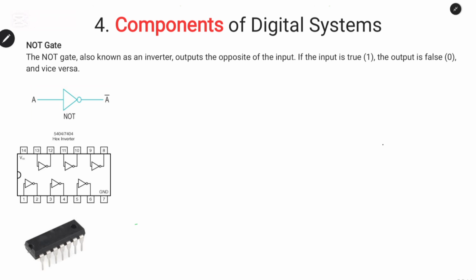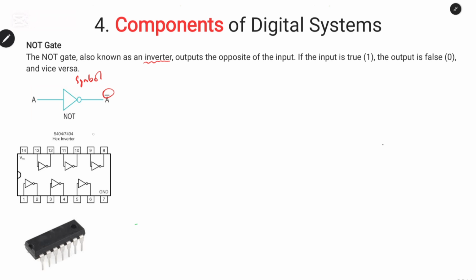Next, we should look at a NOT gate. So what is a NOT gate? A NOT gate is also called an inverter. That means it inverts the signal. Basically, the output will be the opposite of the input. If the input is true, having logic 1 applied to this NOT gate, the output will be false or low. From the symbol, we can see this small sign which says inverted,